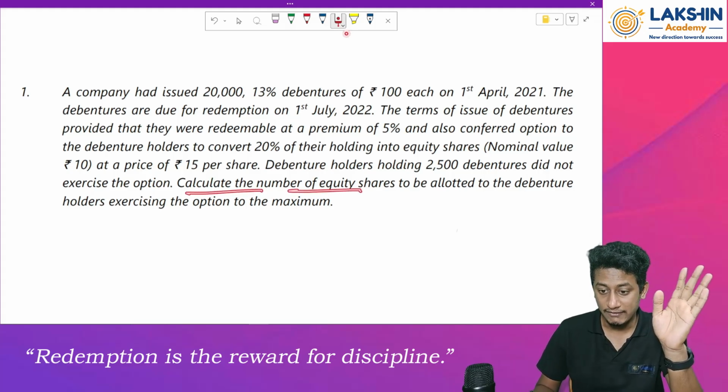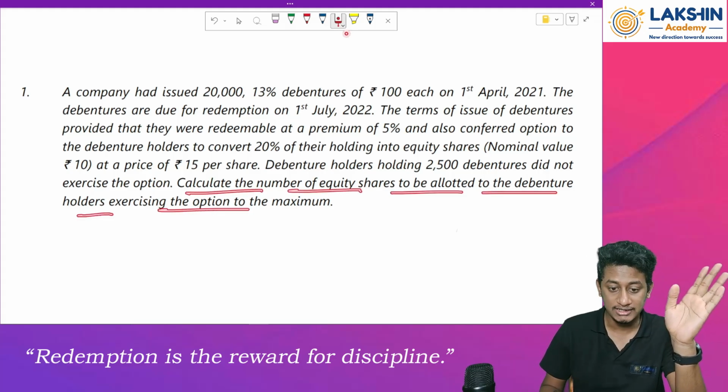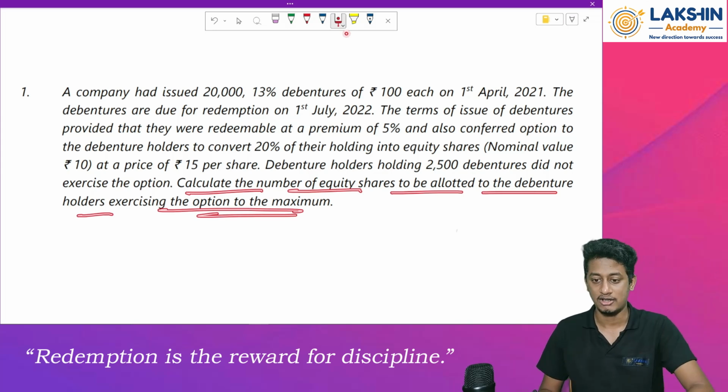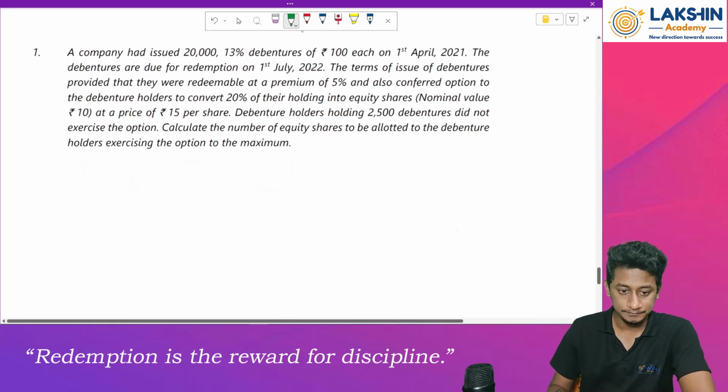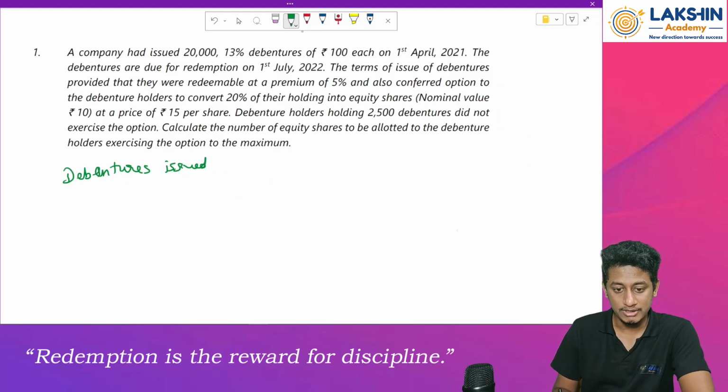Calculate the number of equity shares to be allotted to the debenture holders exercising the option to the maximum. Okay, now let's see what to do with this. So first of all, debentures issued. How much is it? 20,000 debentures are issued. So out of this